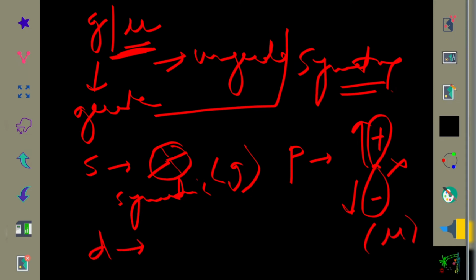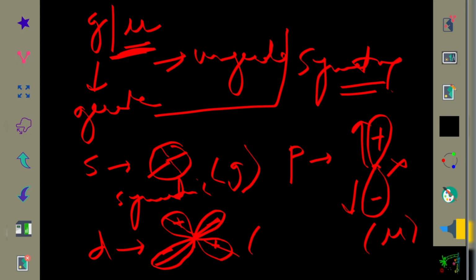Again, if you see the d orbital, it is a double dumbbell like this. So when you move upward and downward, you will find the same wave function, and similarly negative and negative. That means it is again gerade. So the s orbital and d orbital are gerade, and the p orbital is ungerade, that is asymmetric. Similarly, if we look at the molecular orbitals, the pi bond or the sigma bond clearly, then we will come to know how we can write g and u. Let's see that one also.